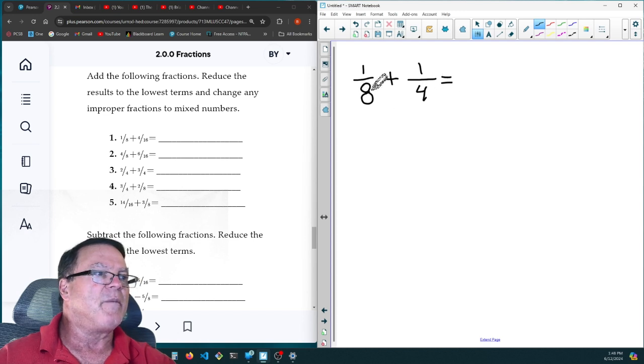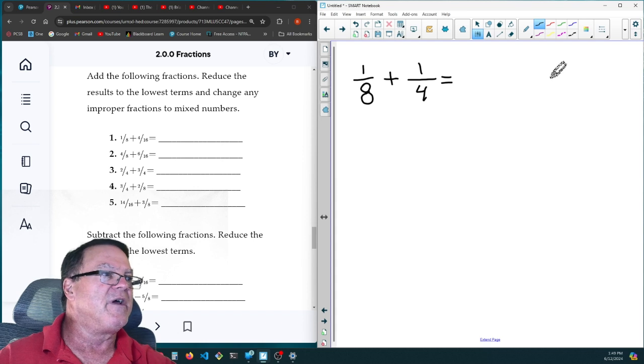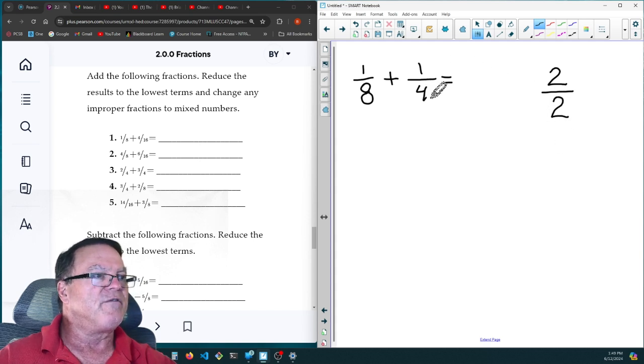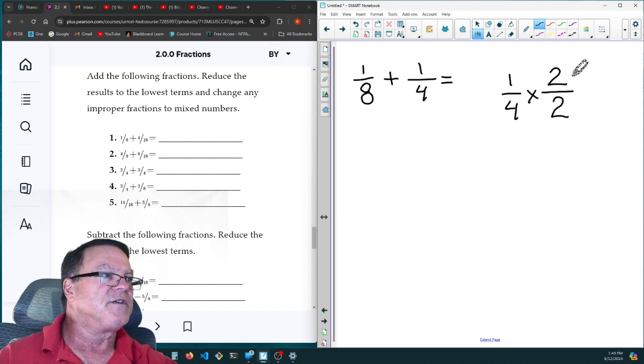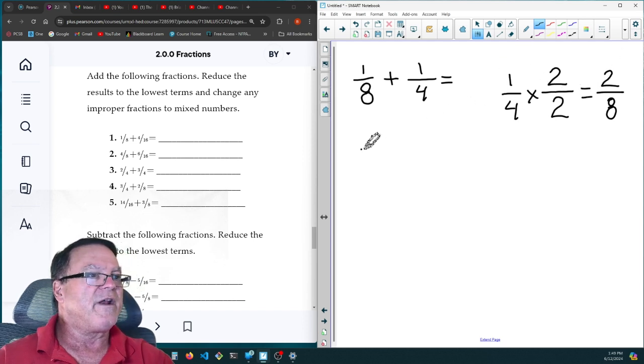Well, let's find a common denominator. 4 will go into 8. So we're going to increase this 1/4 to 2/8 by multiplying it by 2 over 2. Remember, anytime you multiply something by 1, you have not changed it. And 2 divided by 2 is 1. So if we multiply 1/4 times 2 over 2, we haven't changed 1/4 at all. It's still 1/4. So 1 times 2 is 2, and 4 times 2 is 8. So 2/8 equals 1/4. So now we have 1/8